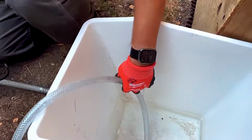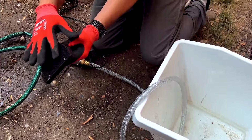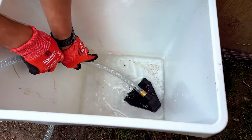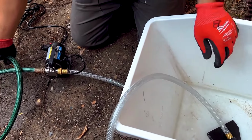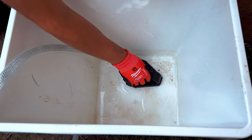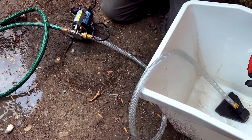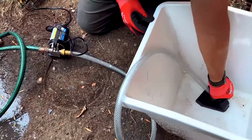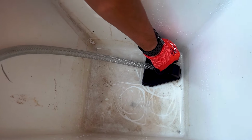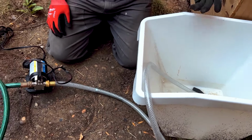And then when it starts to get low, as you can see it's getting low here, we'll switch over to this piece so we can suck up the rest of the water. So you can put that right down on the bottom, and this allows you to clean up everything. It's really, really handy. So all you need now is a rag and you're